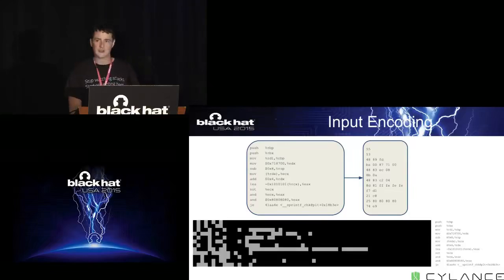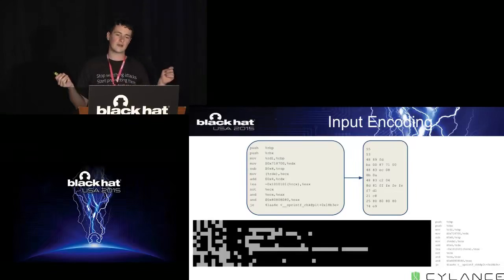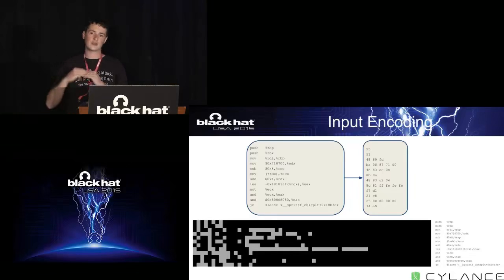We're just going to do this to every single instruction until we have an image that is 64 pixels wide. In other words, 64 bits, the number of bits in the instruction. And it's going to be however many instructions we have in the executable, right? So that's how tall the image is going to be.